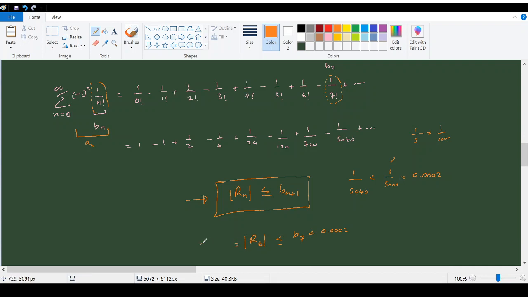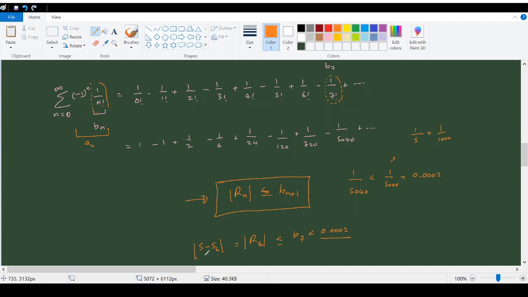That means the difference between the real value and the sum up to the first 6 terms will be less than 0.000, I mean 3 zeros and 2. In other words, it says this